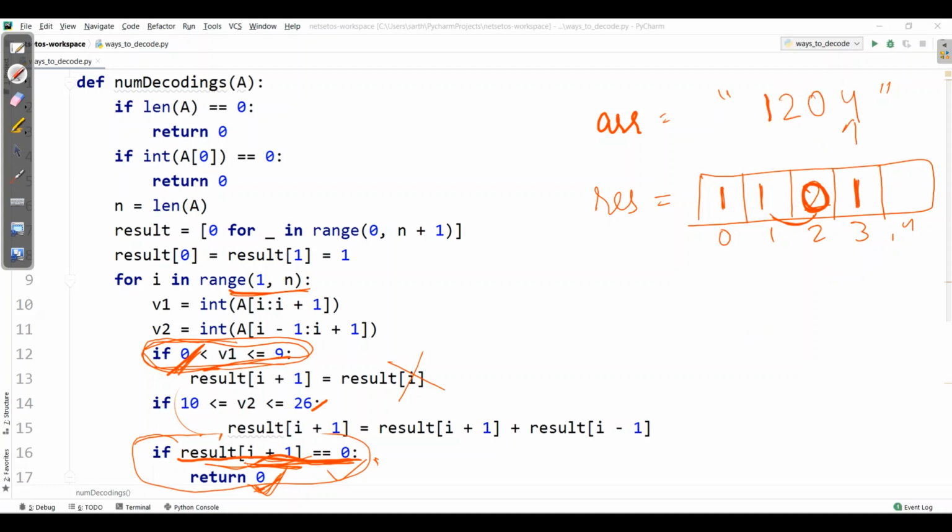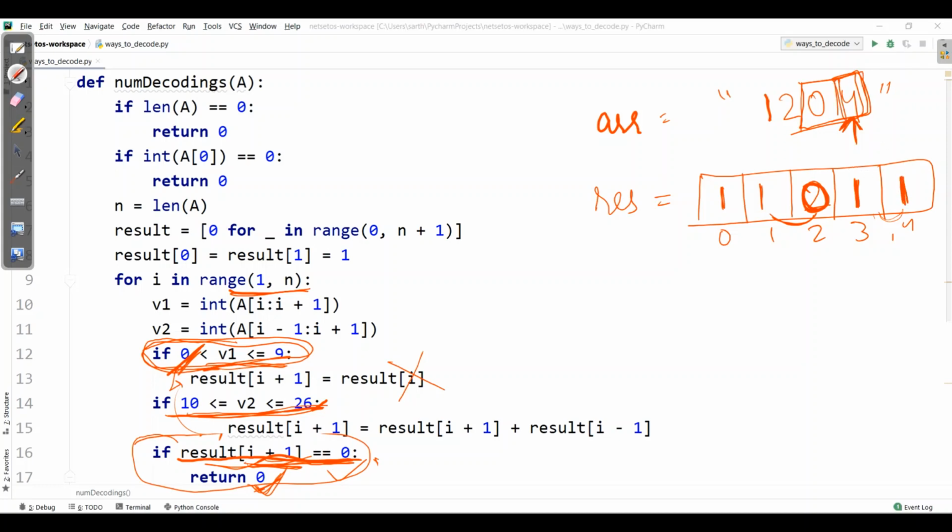And then it will iterate for the next element, which is the single element 4. 4 lies between 1 and 9. So it will go inside the if condition and it will copy the last element. Then for the double element, it's 0, 4. Here we have a condition: the double element should lie between 10 and 26. If it is not between 10 and 26, it won't do the sum and will have only 1 over here.